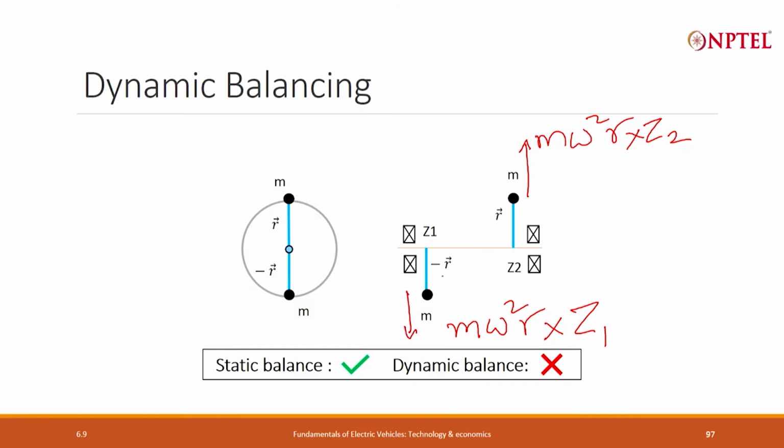So, there is a moment in this direction which is proportional to z1, which is a small number, and there is a moment in this direction which is proportional to z2, which is a large number. So, there is an imbalanced moment load. It will cause the entire shaft to rotate like that within the bearing clearances, but within half a revolution the situation is reversed. This mass has moved here and this mass has moved there, and you will have an opposite